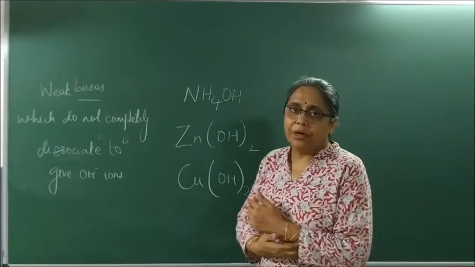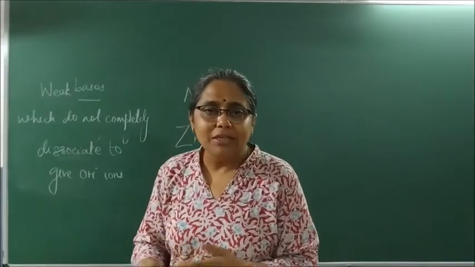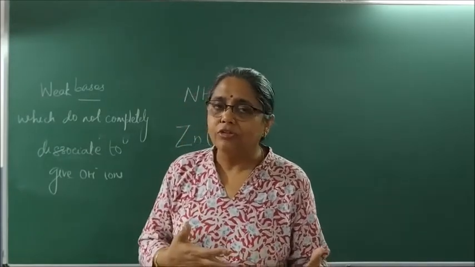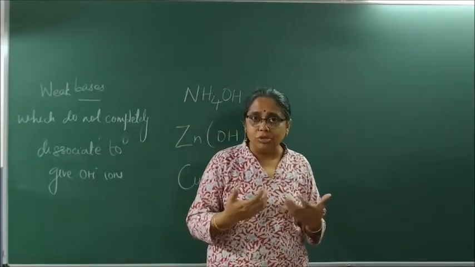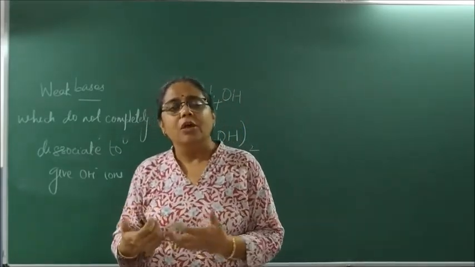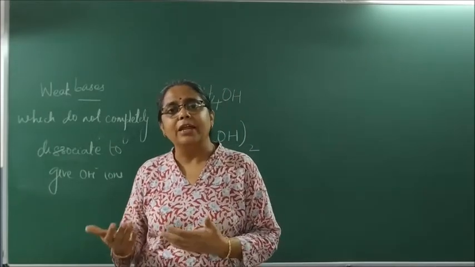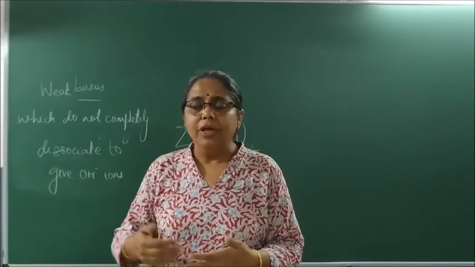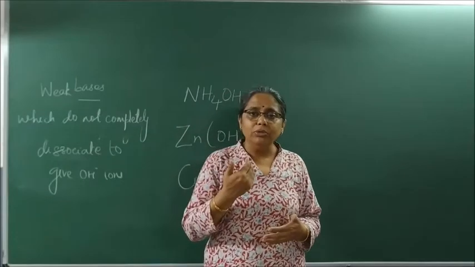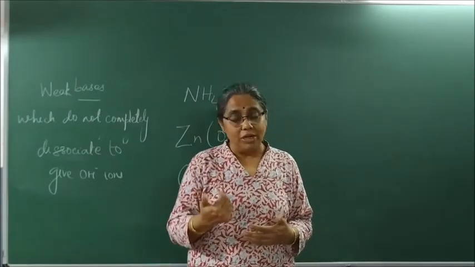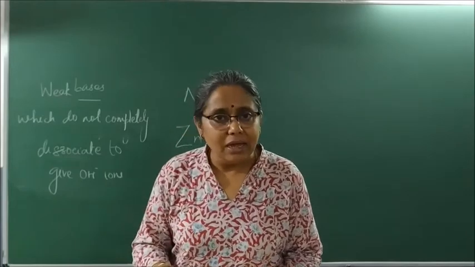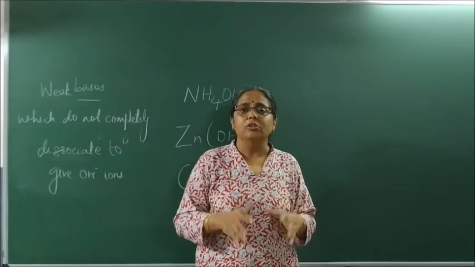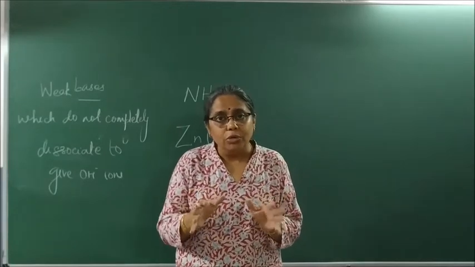If I say in the stomach, the pH has to be acidic. That means the pH has to be less than 7. Again, in the intestine, the pH has to be alkaline because bile juice brings bile salts and bile pigments, which make the medium alkaline so that pancreatic juices can act upon it. So there also we are pH sensitive, because in the mouth it is more than 7, in the stomach it is less than 7, in the intestine again more than 7. So we all, or most of the animals, work at neutral pH.